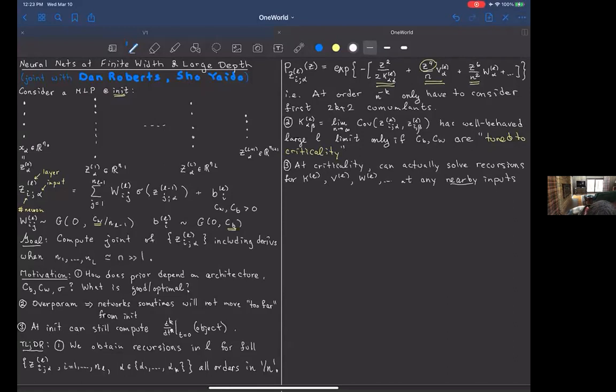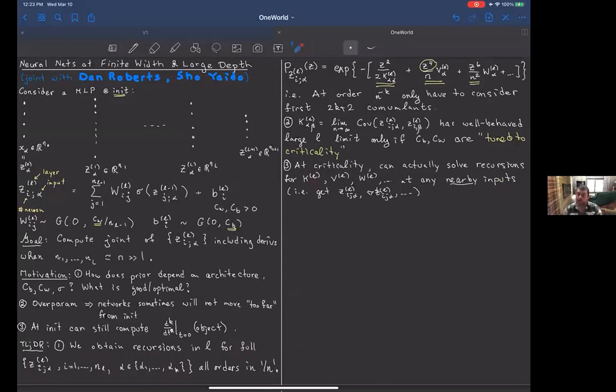Okay, so we can write down the recursion. Let me finish the parenthetical actually. You get the value, for example, of the neuron, and you get the gradients of the neuron with respect to whatever parameters you want and so on. That's what studying statistics for nearby points gives you access to: all order derivatives. And so what I'm saying is we can write down the recursions for any collection of inputs. They don't have to be nearby. There can be any number of them. But then we can give very general solutions whenever they're nearby.